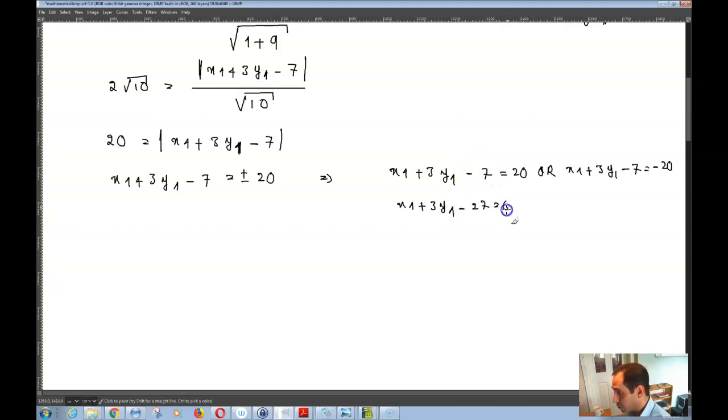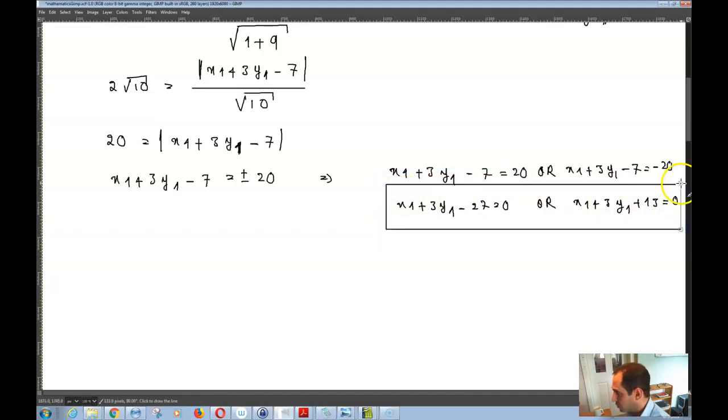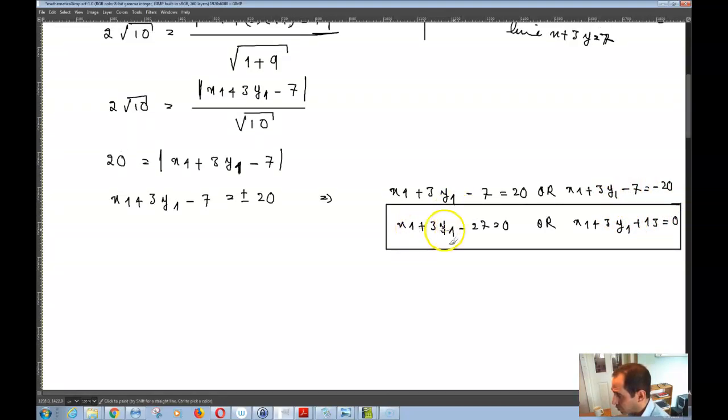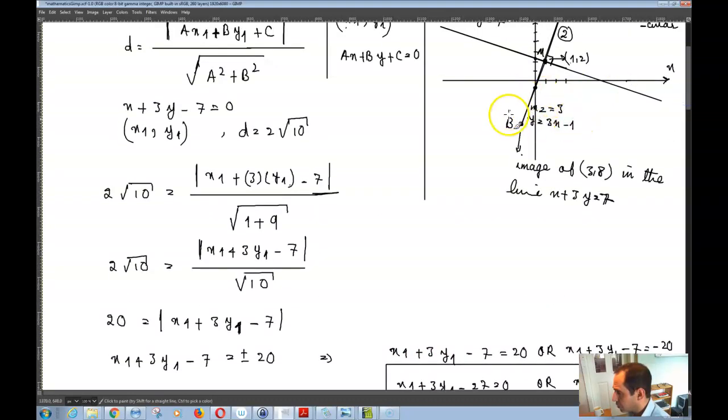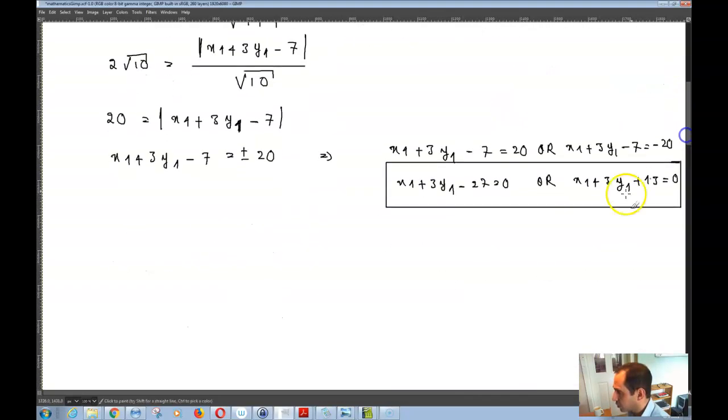Negative 27 is equal to 0. Or you can say that x1 plus 3 times y1, now this is 20 minus 7, which is equal to 13, is equal to 0. Now you can just hang on to these formulas. Now you know that this point, whose coordinates are x1, y1, is basically on this line over here, y is equal to 3x minus 1. That means that